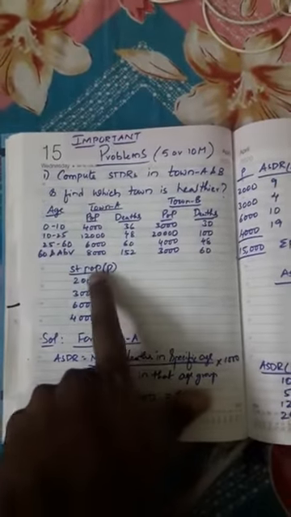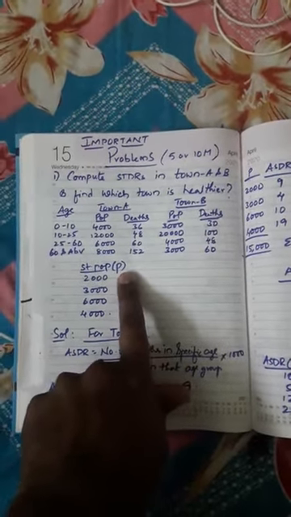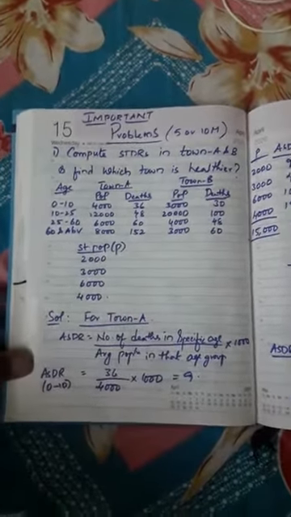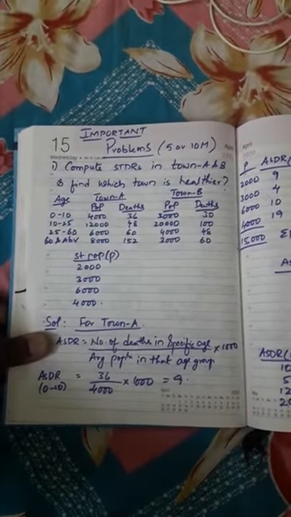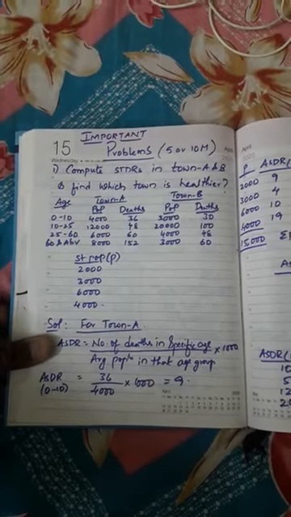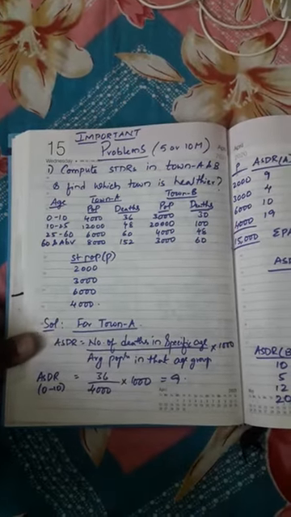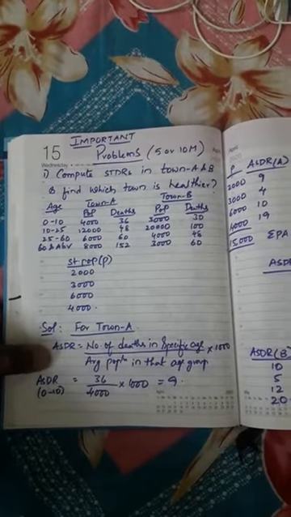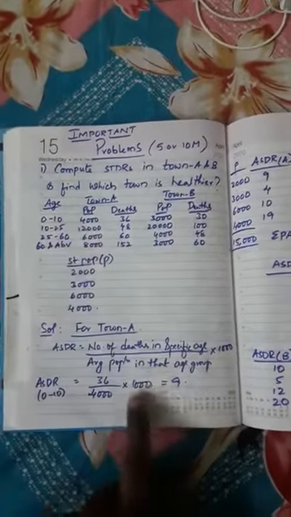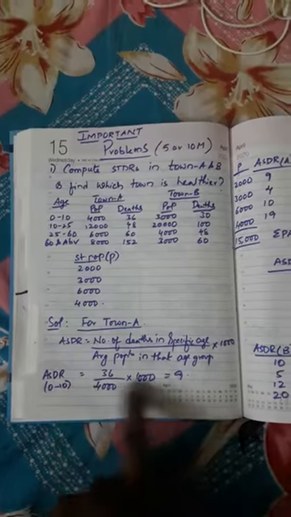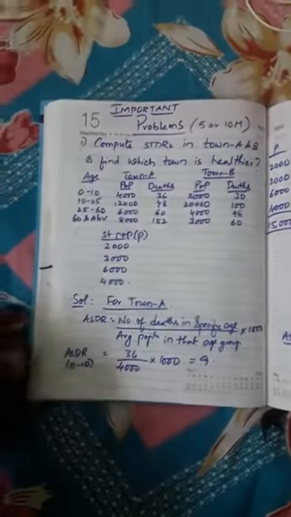So let us consider this separate standard population as capital P. It is denoted by P. Now, first and foremost, what do we need to do? Immediately we have to calculate ASDRs of the individual towns, because ASDRs are required to calculate STDR, right? So ASDR you calculate for town A, you know the formula of ASDR. For the first age group 0 to 10, it is always mandatory to show at the bottom for one age group. One is more than enough. Remaining all you can take directly in the column.